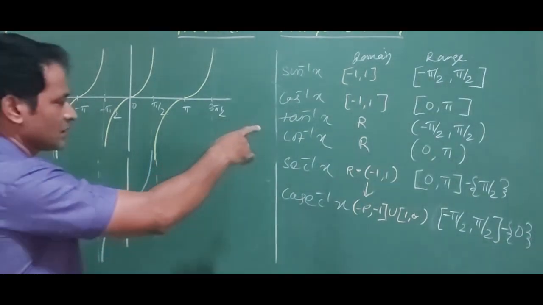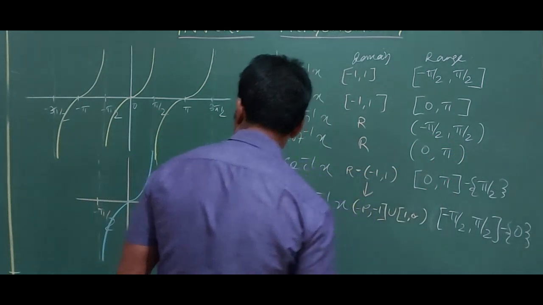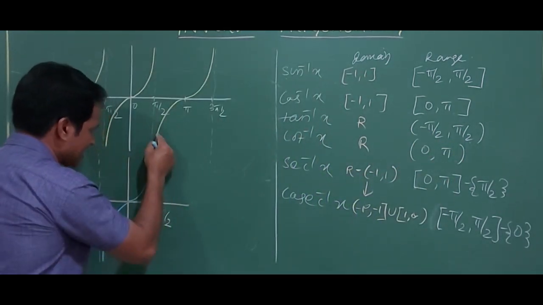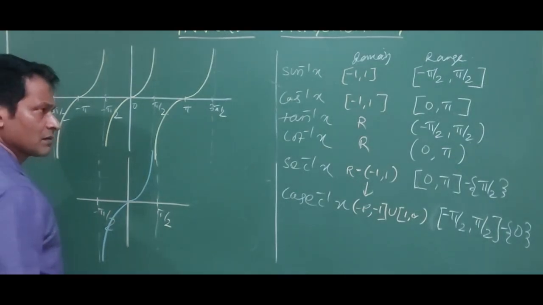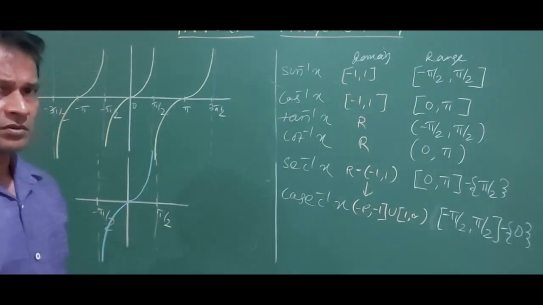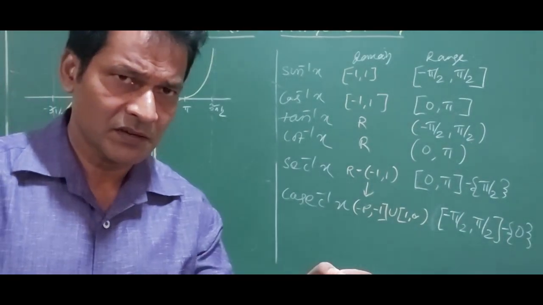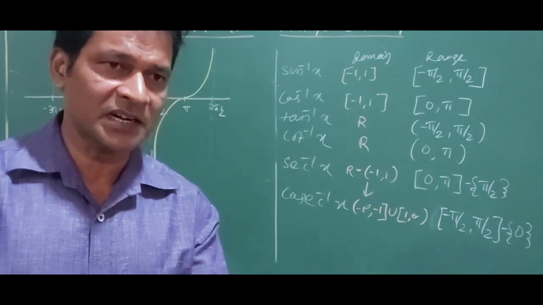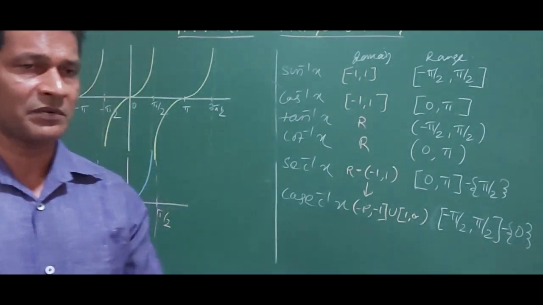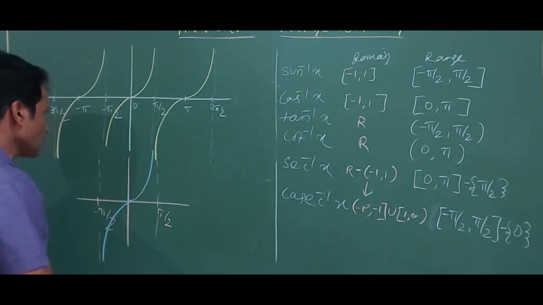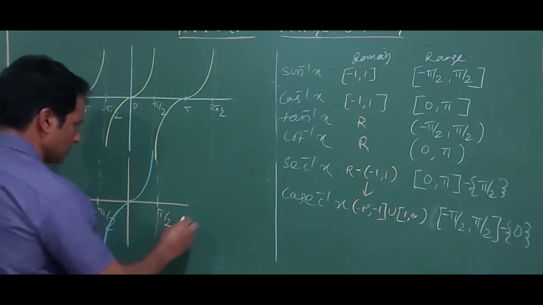So that is how it is written. Why an open interval? Because this graph doesn't touch this line. It becomes parallel till infinity. It is not going to touch it, because at minus pi by 2 and pi by 2 it is not defined. Slightly bigger than minus pi by 2 it is defined, and slightly smaller than pi by 2 it is defined, but it is not defined at minus pi by 2 and pi by 2. Fine? This is the graph of tan x now.